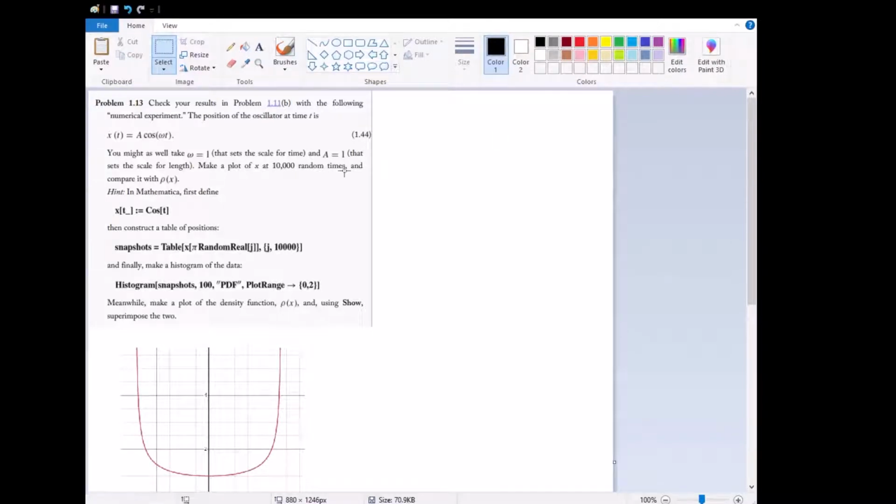1.13 is more of a coding exercise than an actual physics problem, but as in physics, if you ever plan to go down this field, there is a lot of programming, so I figured it would be useful to cover this anyway. So 1.13 asks for us to check our results in problem 1.11b, where we defined our